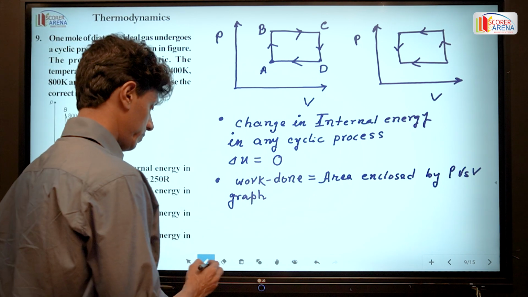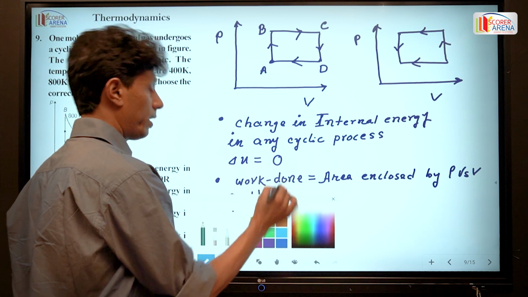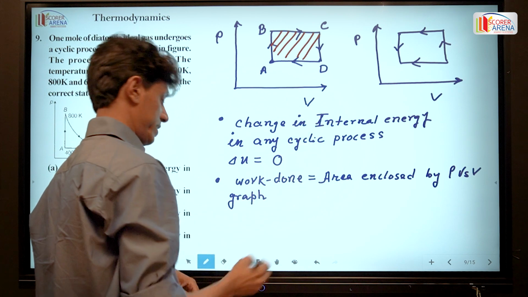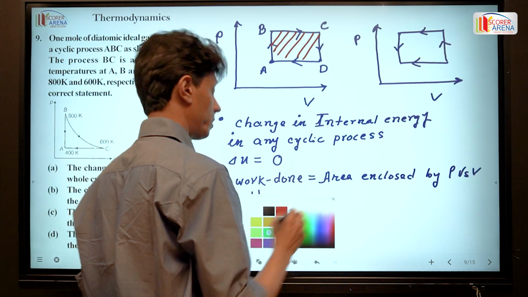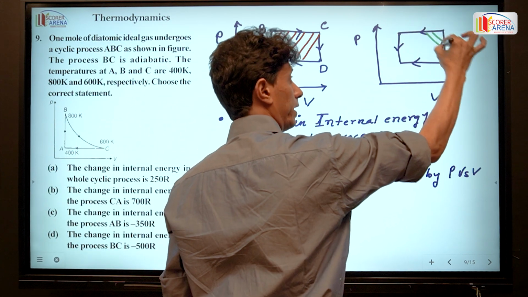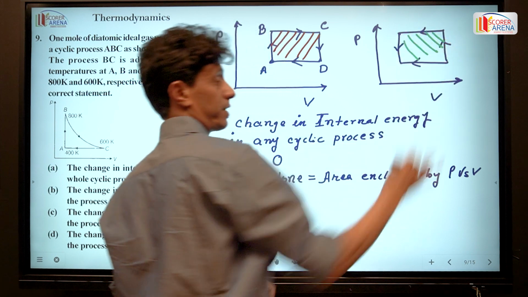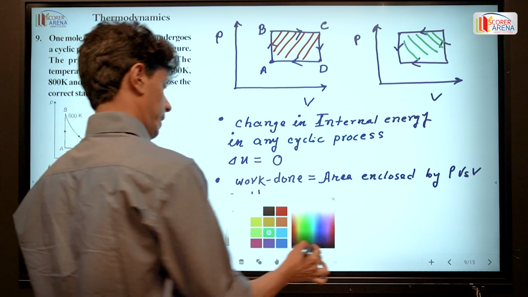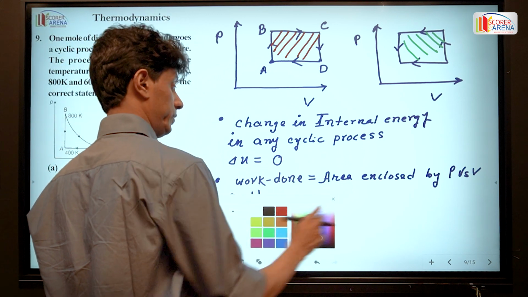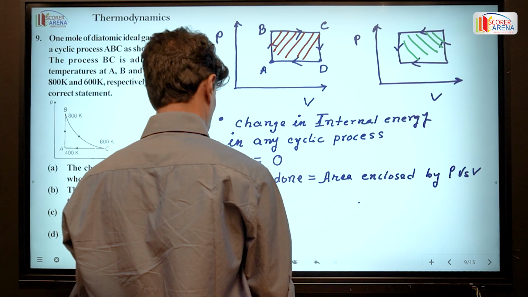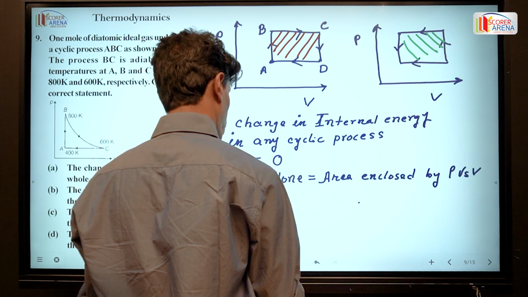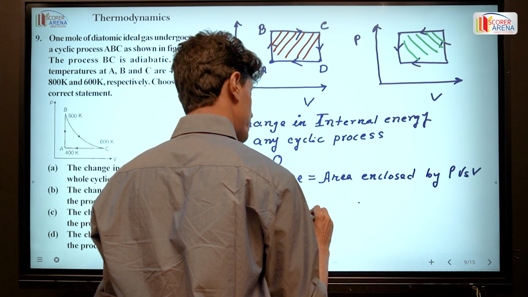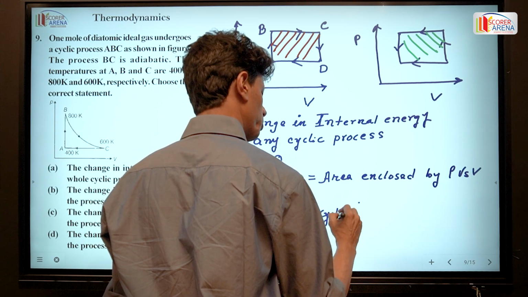This is the area enclosed by the graph, and similarly the area enclosed by the graph of this rectangle. And this can be written for a clockwise cyclic process,